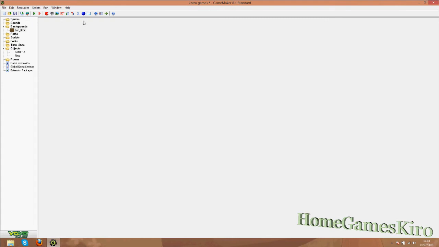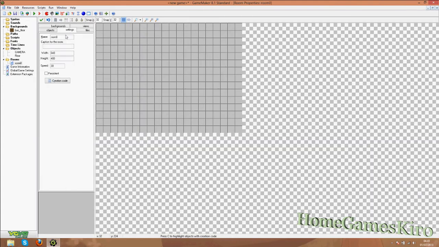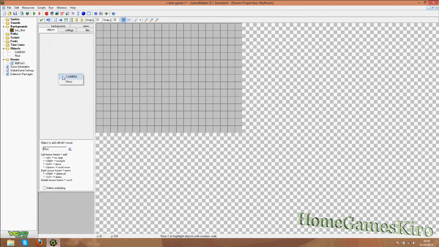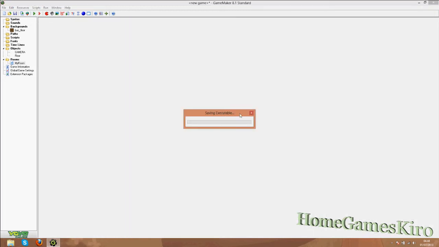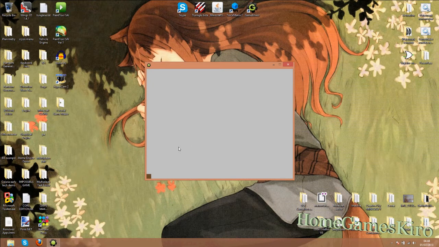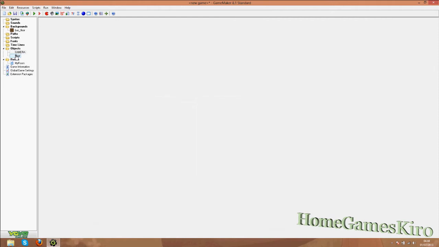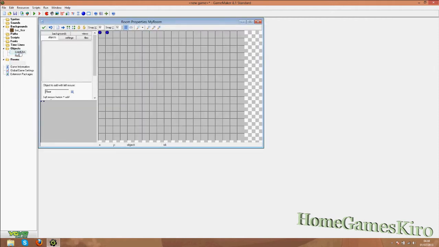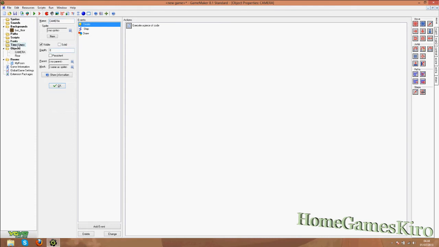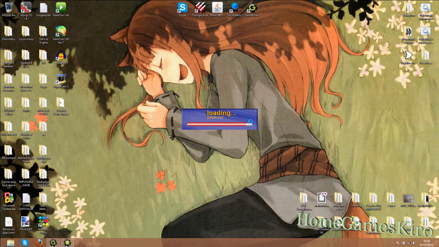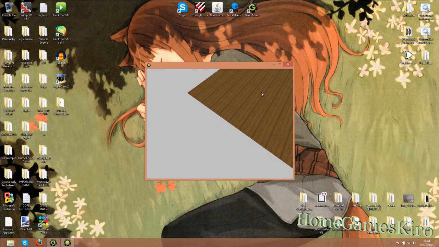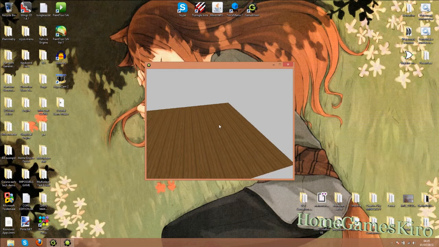Now we can create a room. You can call it whatever you want. And we're gonna put this floor and the camera. I'm sorry, we're gonna put the depth. I'm gonna put 9999, so it's higher than the floor. I hope this is gonna work. So as you can see, here's the floor,